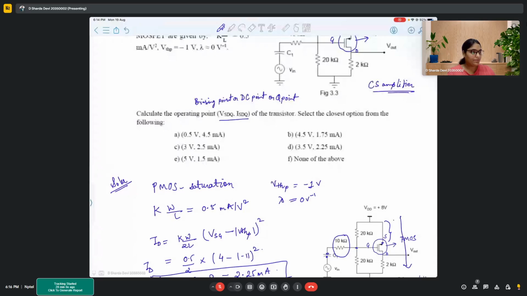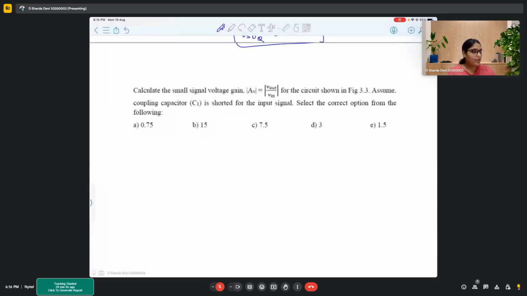So, for this particular circuit, the best way to find the small signal gain is to draw the small signal model of this particular circuit. So the small signal model will look like,